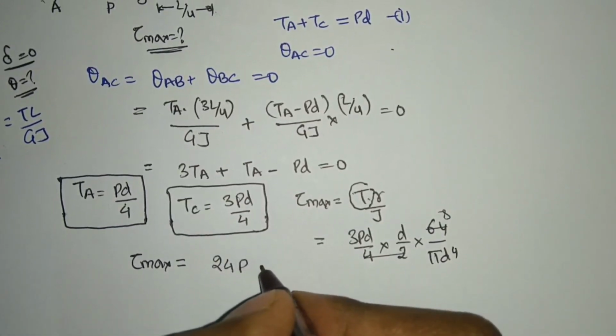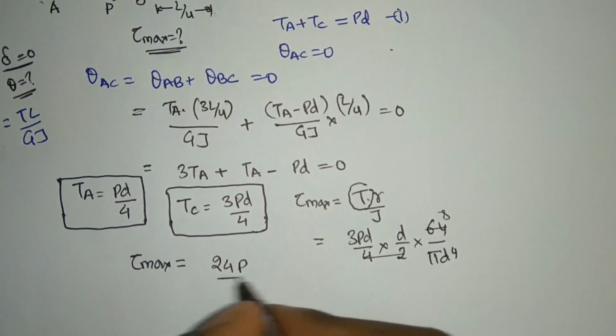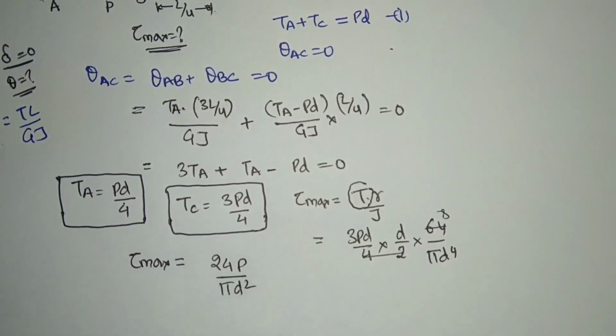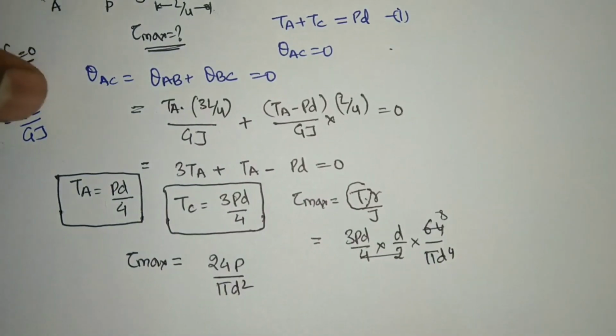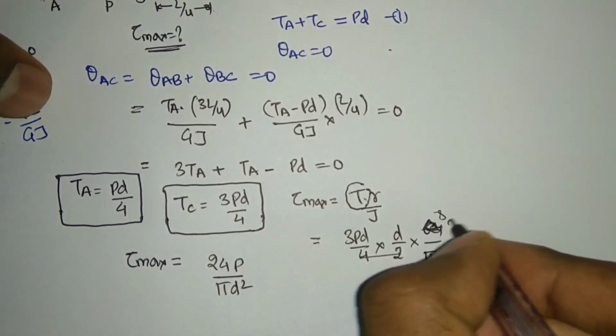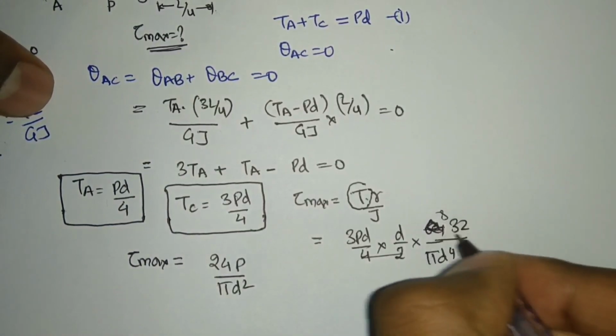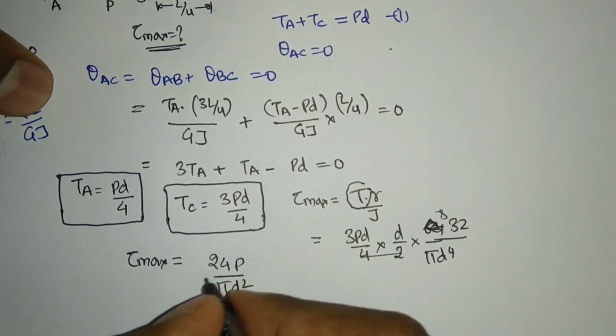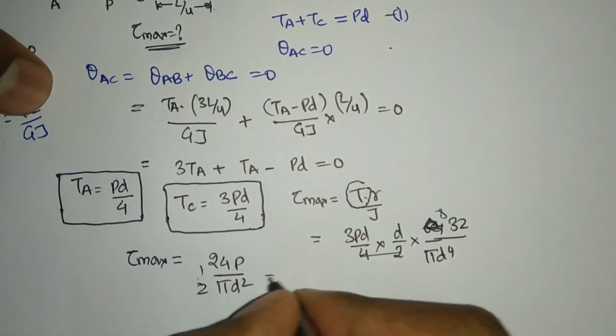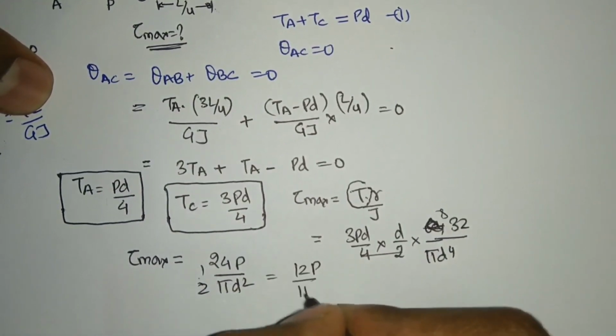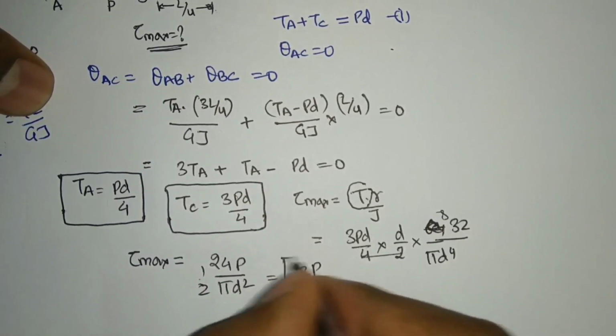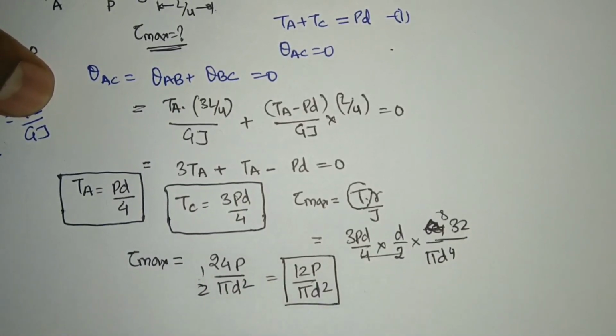24 P divided by pi d square. Okay, so 24 P divided by pi d square. Sorry, this is 32, right? We are going to take the polar value here, so this will become half of this. That is going to basically be 12 P divided by pi d square, my maximum shear stress value that is getting